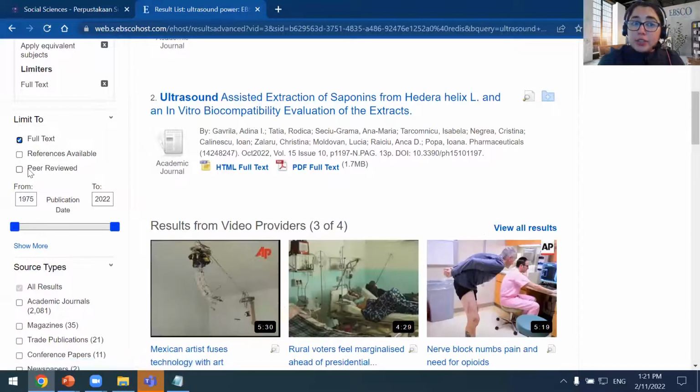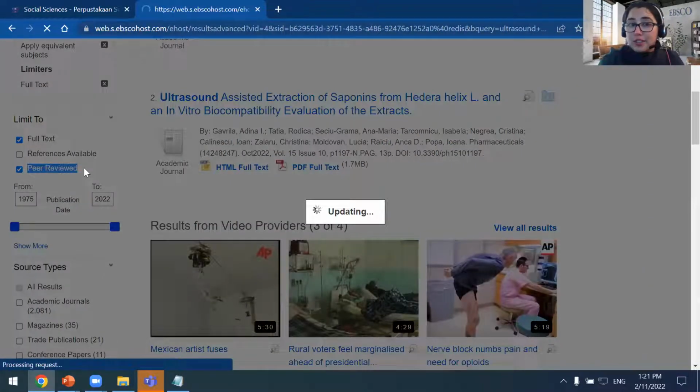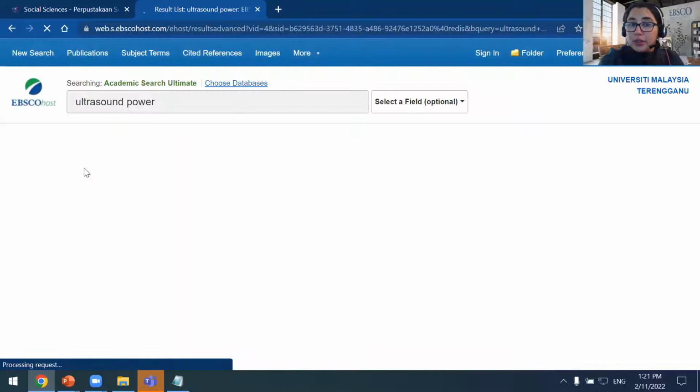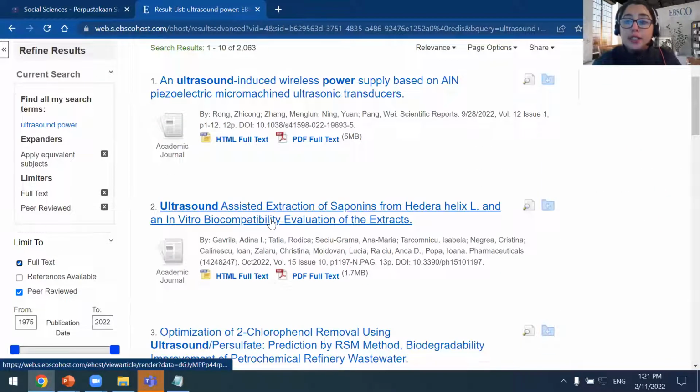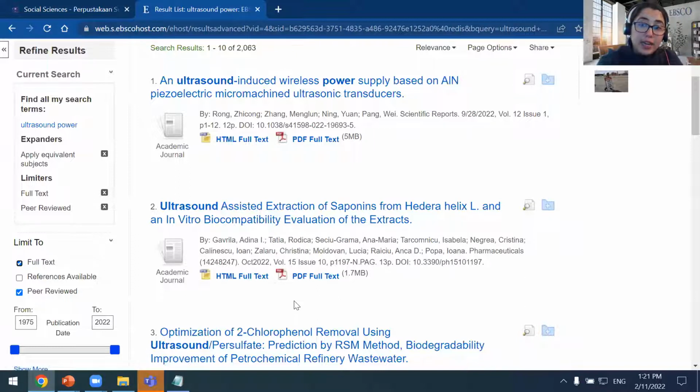If my lecturer, for example, indicates that I need to research peer-reviewed articles and include only peer-reviewed content, then I may want to click that limiter so that it only shows me peer-reviewed content. Peer-reviewed content is content that's been reviewed by other experts in the field before it has been published. And often peer-reviewed content is of a higher standard than non-peer-reviewed content.